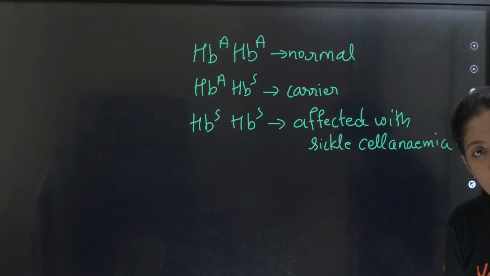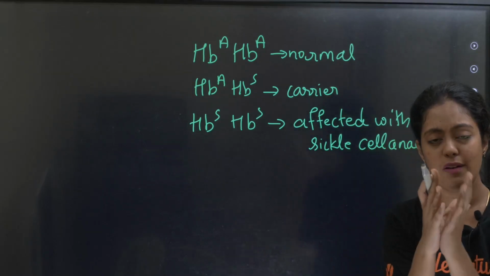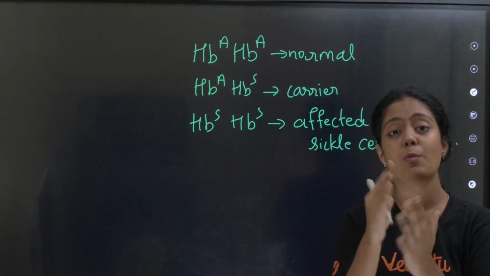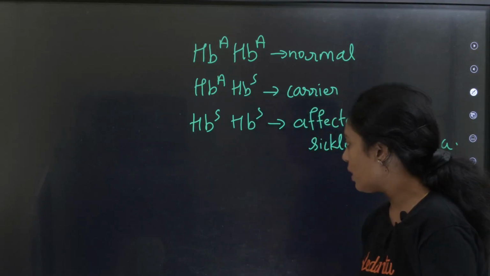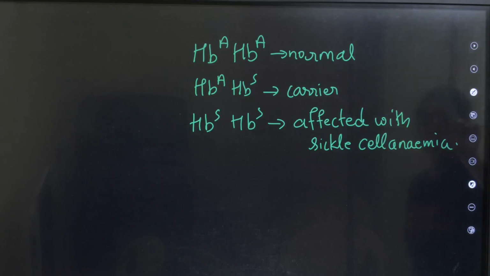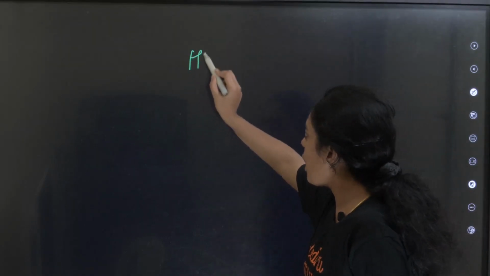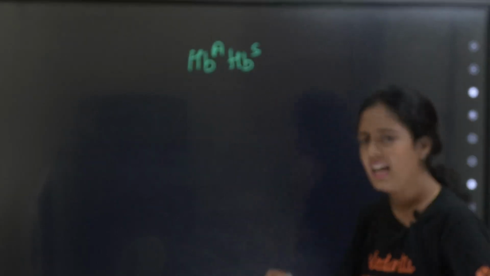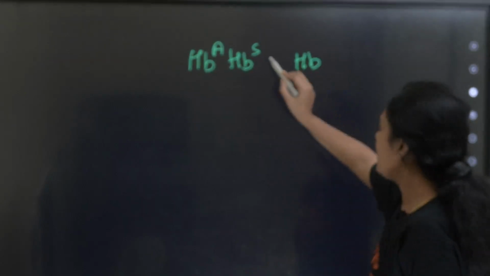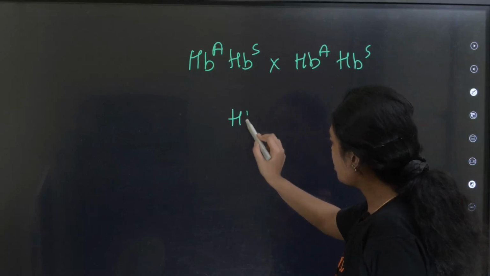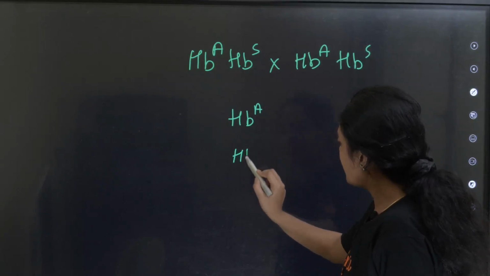இப்போ let's try to do a cross. எப்போ வந்து ஒரு progeny affect ஆகும்? When both are carriers or when both are affected, அப்போ மட்டும் தான் the progeny will be affected. Okay, so let's take a scenario, I hope you guys would have noted this down. Let's take a scenario where both are carriers. ரெண்டு பேரும் normal அப்பா அம்மா, ரெண்டு பேரும் normal but அவங்களுக்கே தெரியாம they are carrying the allele for sickle cell anemia. So என்ன ஆகும்? HBA HBS,